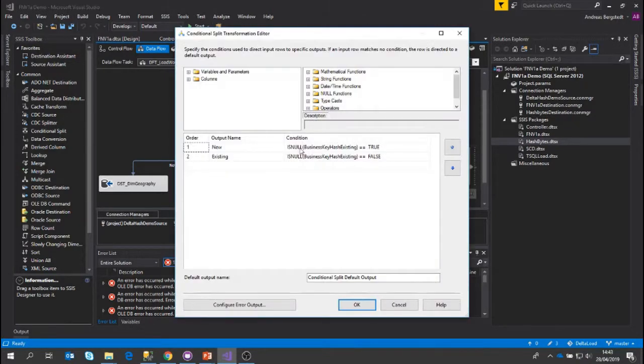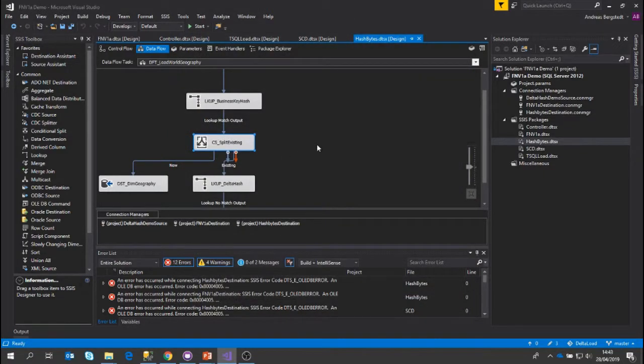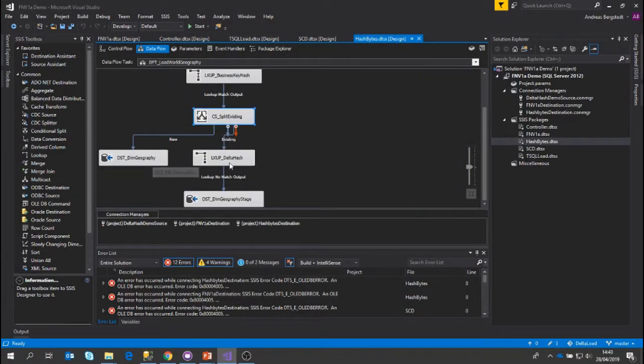If we get a null back, then we have new. So in other words, we didn't find anything. If it's existing, then we drop it into